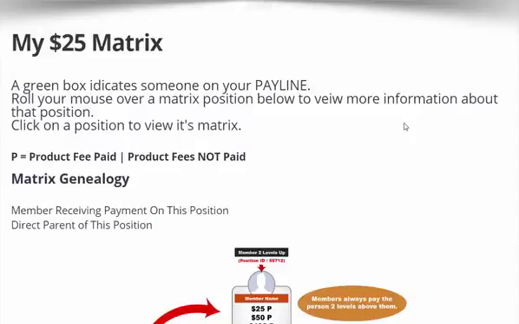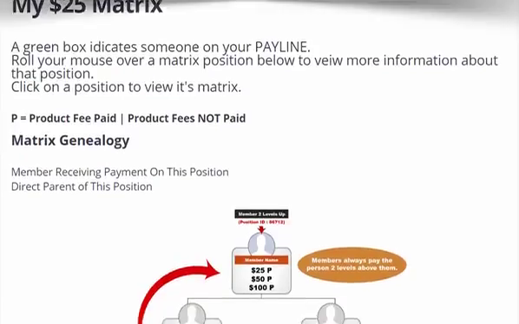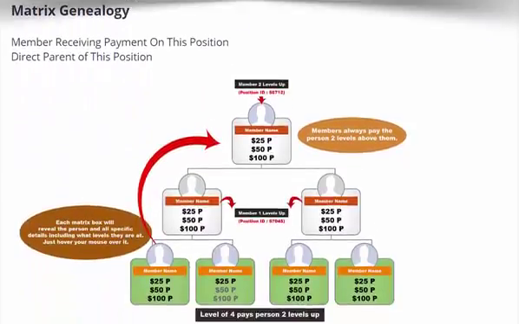So on a $50 business center, they would get 50 and 100 and so on up the line. Also every time they cycle into a new business center, they would also accrue more. Let's explain a little bit more how that works. This is the basic structure right here, and this is only showing 25, 50, and 100, but we also have 200, 400, 800, and a $1,600 business center. They're very easy to remember in that they're all incremental of each other, so they all double as they go